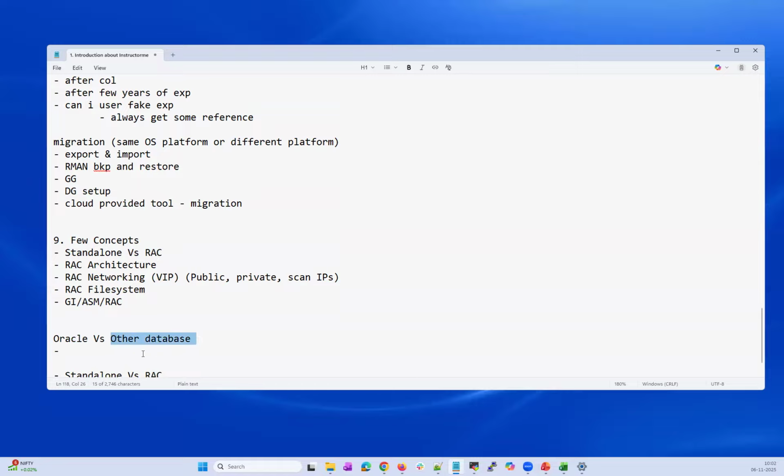As per my experience, let's take other databases. I never saw any database more than, let's say, 10 terabytes or 15 TB, other than Oracle.